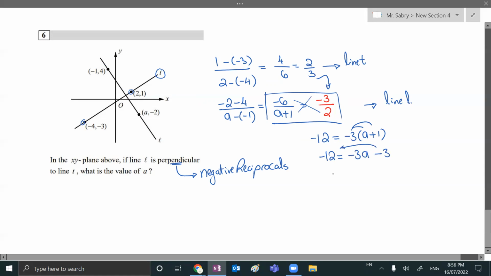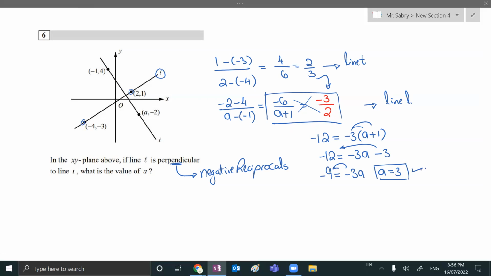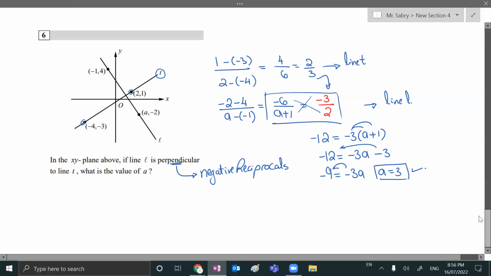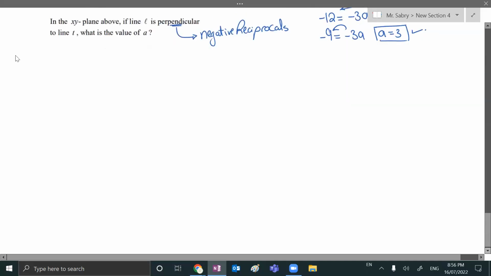Then move the -3 to this side. Then divide by -3, and that should get me the value of a as +3. Any questions there? Are we all good? Awesome. Now, since we've discussed those,